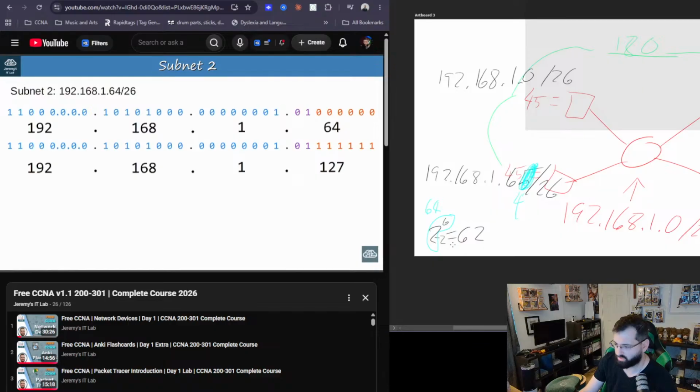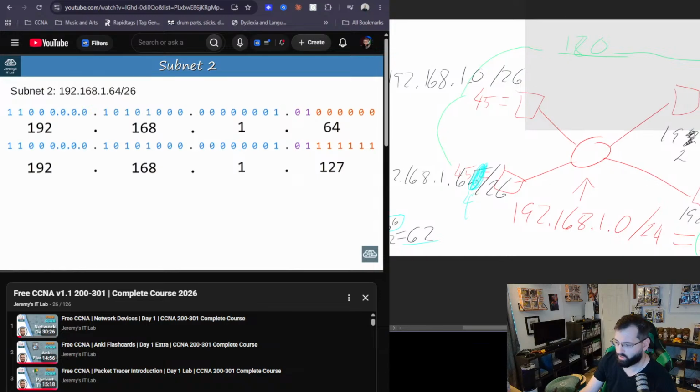The reason we're doing 62 is because we subtracted the network and the host. But in order to go to the next subnet, we need to factor in the network and the host. The host is always 0, right? So we're actually adding 64 to 0, which means that our